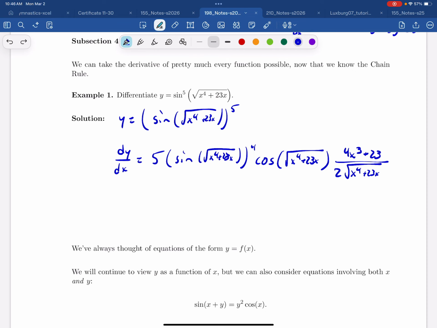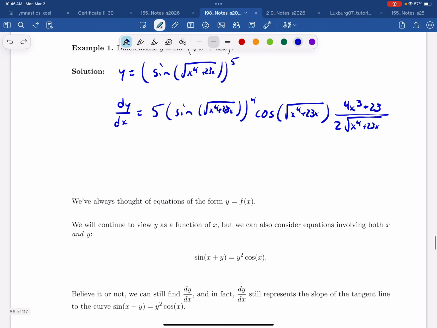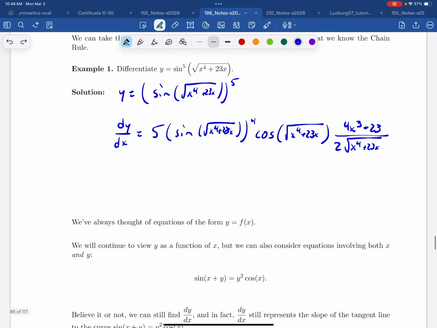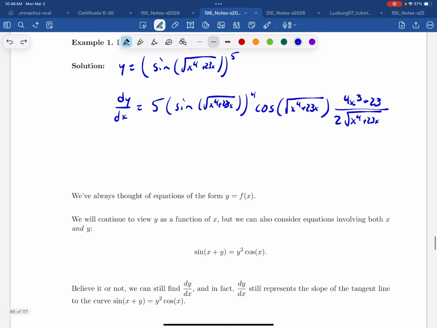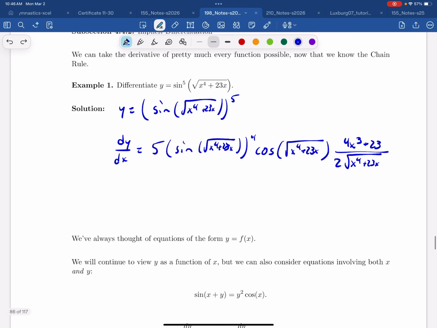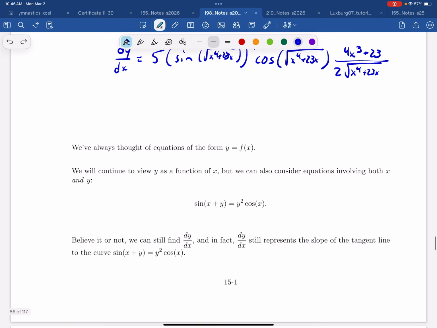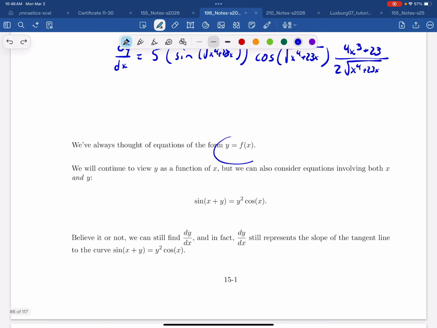So just remember, you can iterate the chain rule, and while it's complicated, it doesn't make the problem all that much more difficult. Or doesn't make the problem all that much more lengthy, I guess I should say. Anyway, I claim that there's an application that we can use of the chain rule, and just stick with me for a moment. We've always thought of functions in the form y equals f of x, find dy over dx,